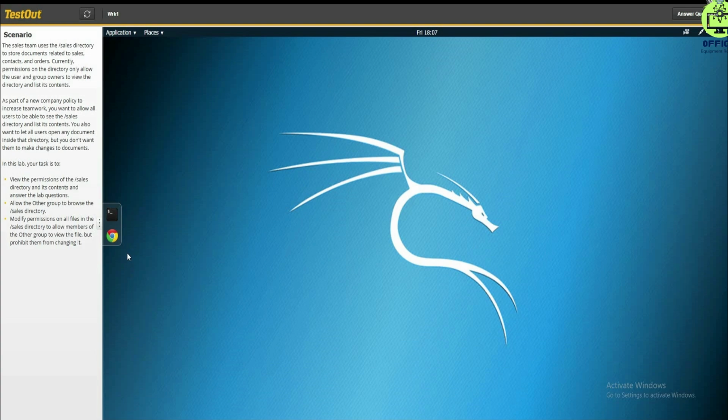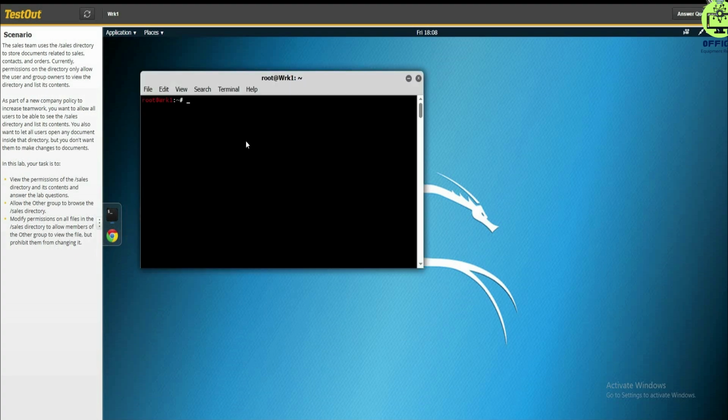Alright, today we are going to be working in the terminal. So we have a bunch of tabs here on the left pane, which is to view the permission for the /sales directory and its content and answer the lab questions, allow the other group to browse the sales directory, modify permission on all files in the sales directory. So let's just open up our terminal and we start up with